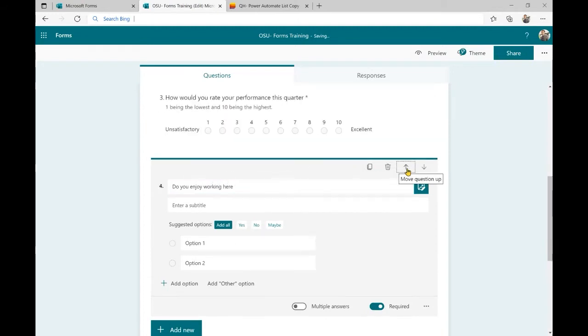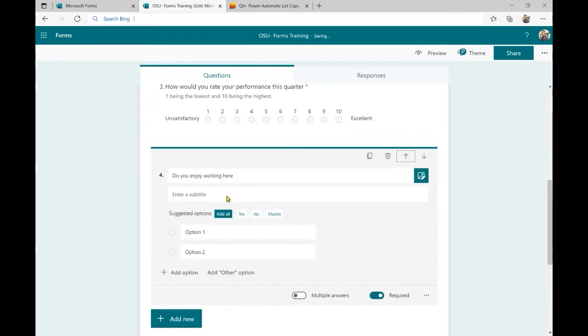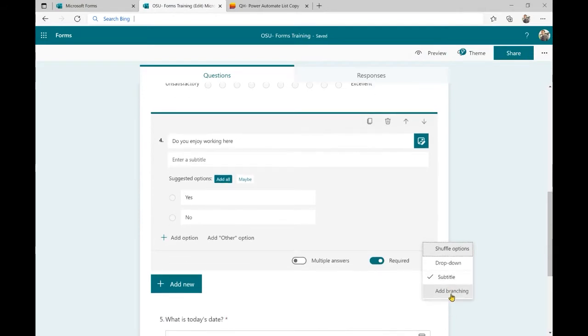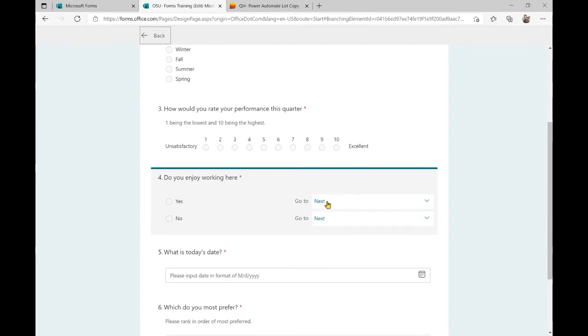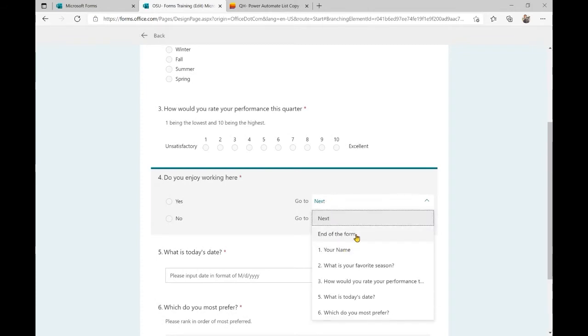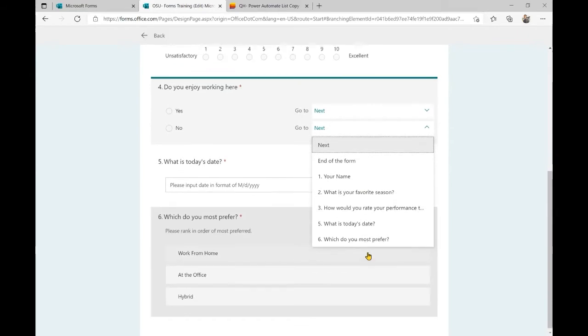We're going to move this question up a little bit. And we'll just say yes or no. Then when we add branching, when they answer this question yes, then you want them to go to the next question. If they answer no, maybe we want to add a next.